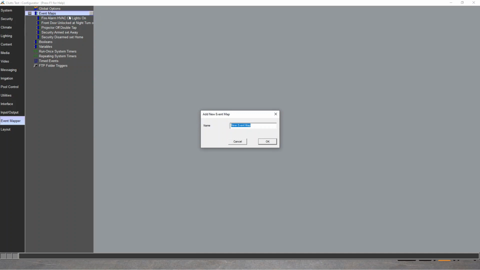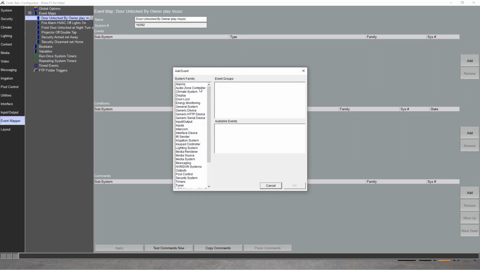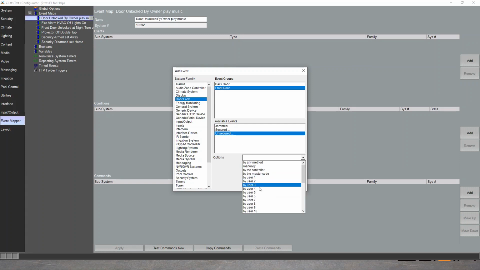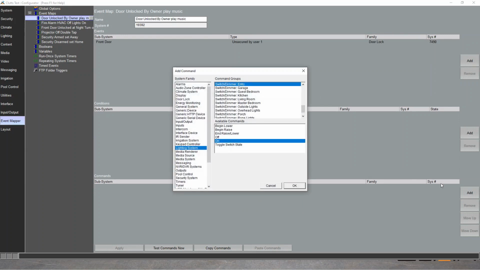Okay. So if we go into door unlocked by owner, play music. In this case, we can actually do a door unlocked by a specific user. So we're going to go to door lock, front door, unsecured, and we're going to grab user number 1. Okay, and when that user number 1 unsecures the door lock, we're actually going to go, and there's a couple